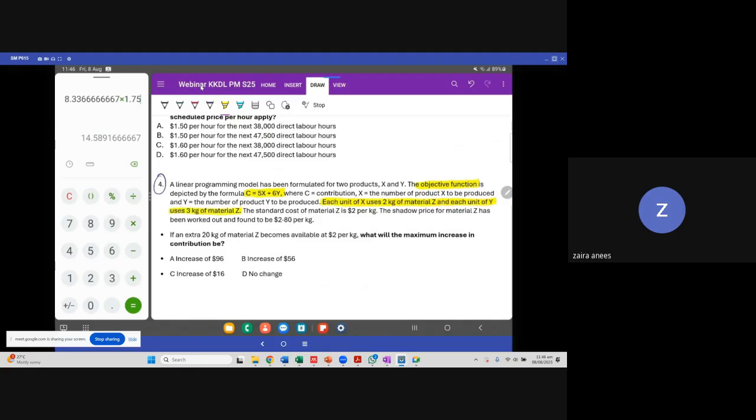The standard cost of material Z is $2 per kg. The shadow price of material Z has been worked out to be 2.8 per kilogram. Shadow price is 2.8, right? If an extra 20 kilograms of material becomes available at $2 per kilogram, what will be the maximum increase in contribution? Now, shadow price is 2.8, right? This is the shadow price,